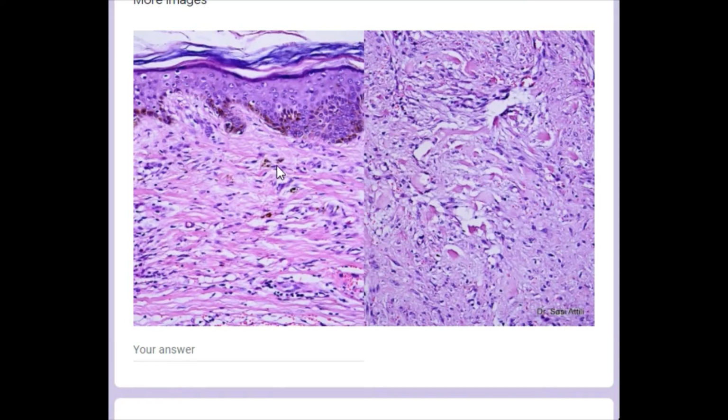What you're also seeing are a few melanophages. You can see melanophages here. Now melanophages occur in any condition which causes reactive epidermal hyperplasia, because the epidermal cells have to die eventually and some of them drop down, and when the basal layer is pigmented, the pigment gets into the upper dermis and leads to melanin incontinence and melanophages. So it does not necessarily mean that there is epidermal inflammation. This is just reactive epidermal proliferation.